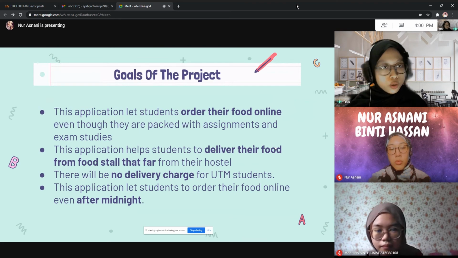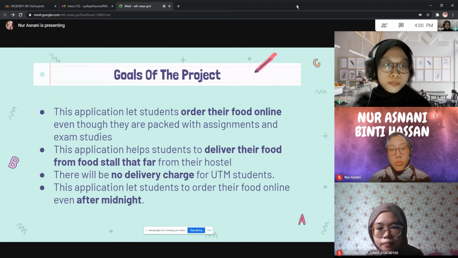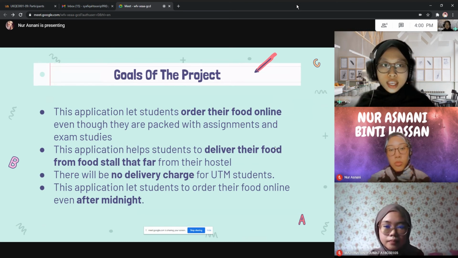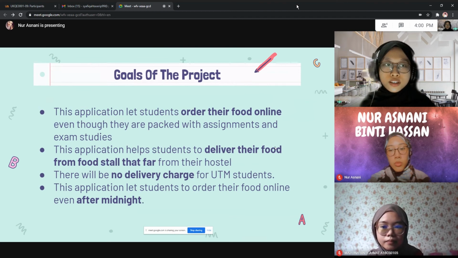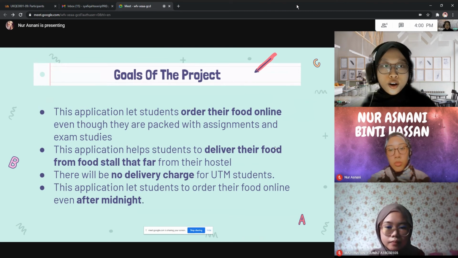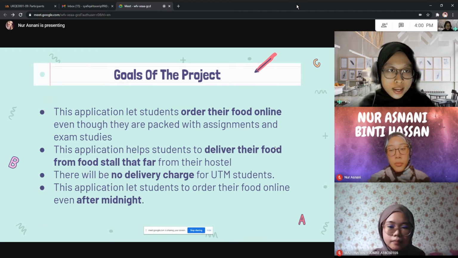As we all know, other applications such as FoodPanda or GrabFood cannot enter UTM after midnight, so students cannot buy from those applications. Our application will help them buy their food even after midnight.